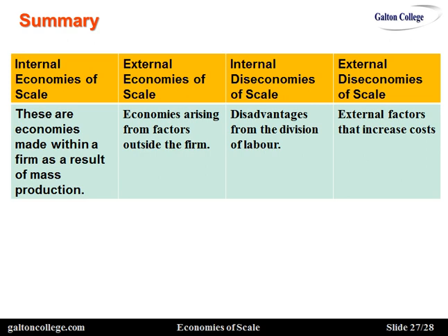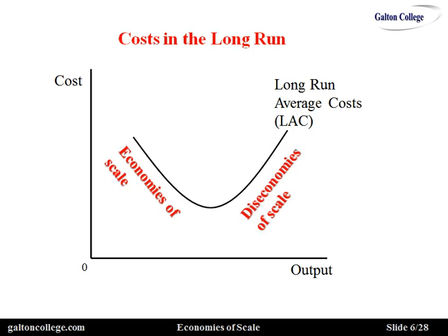And we also have the external factors that increase costs. As I said, the road networks may become congested, or it could be the case that the existing supply of labour becomes scarce, so that the company has to pay significantly more for labour and unit costs rise. So if we go back to our picture from earlier on, we now have an idea of what